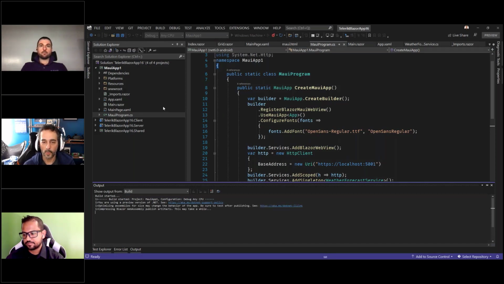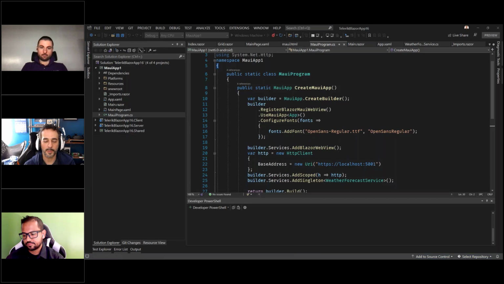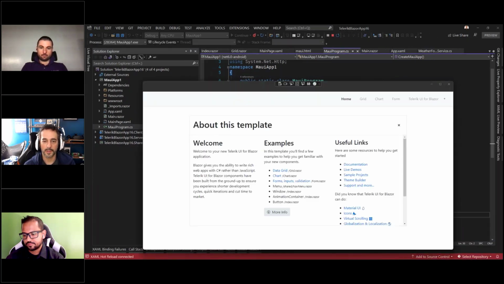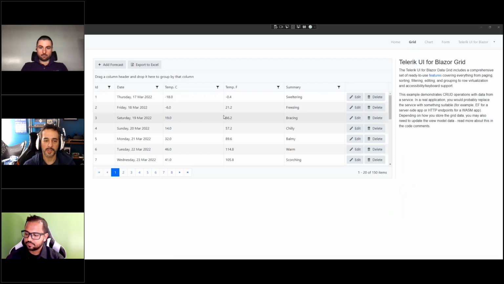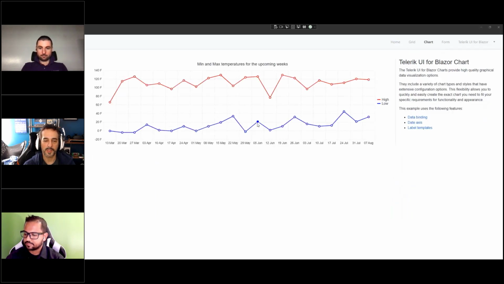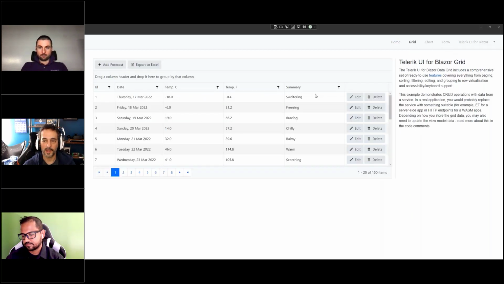It's no longer using WebAssembly on the desktop. It's using the .NET runtime that is on my local device here. And in the case of Windows, that's the full .NET Core framework. So this is all .NET 6 right here. It's very responsive, extremely snappy. This is a desktop application.